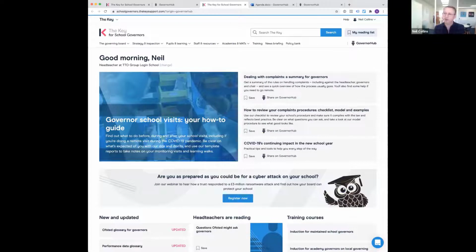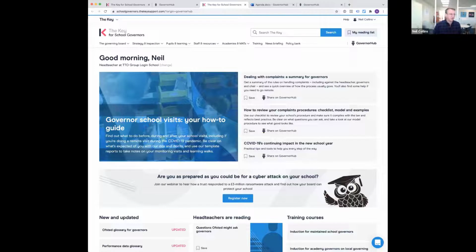Right, at that point, Ellie, should we just pick up some of the other questions? So Joe asked, can you add people who aren't trustees, e.g. the senior team? Yes, Joe, that is actually quite a normal activity. You'd add the governors or the trustees onto GovernorHub, and they would be in your constitution. But you can also add other people who are going to be accessing governor or trust board documents. So yes, your CEO, your COO for a trust board, or perhaps your head teacher, your school business manager, they would often be added as well.